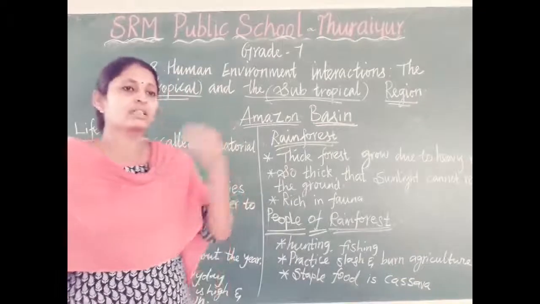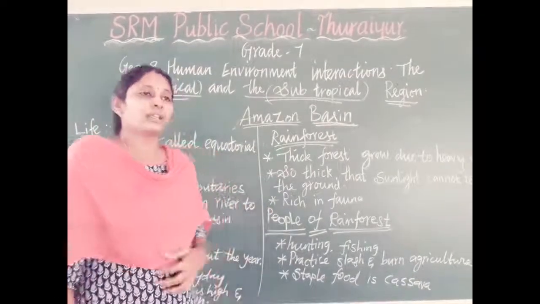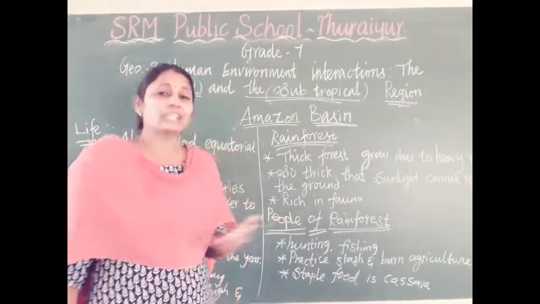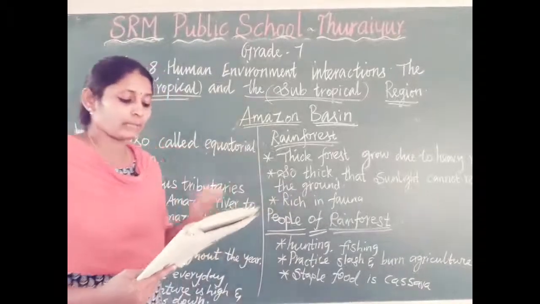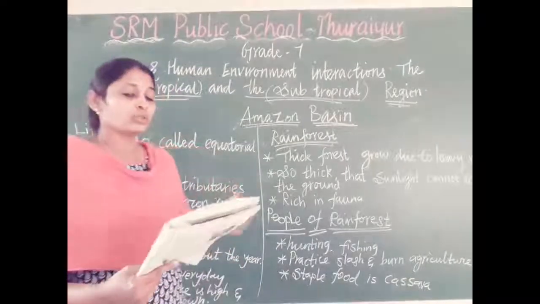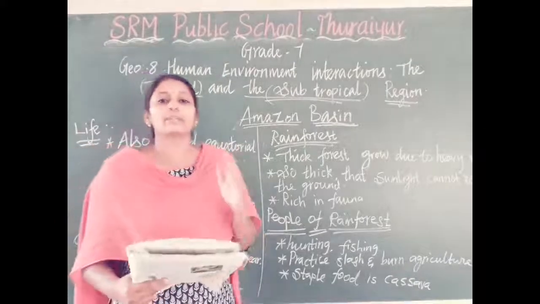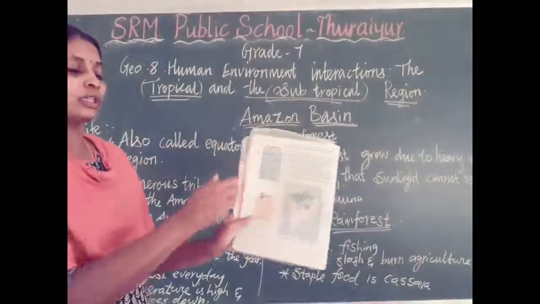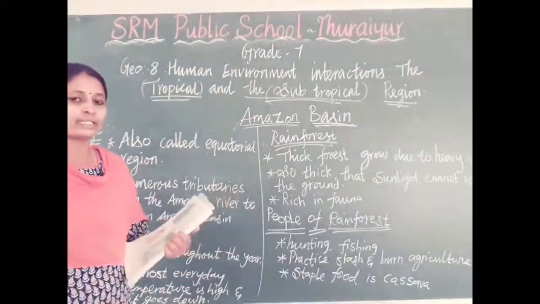When they saw the native people, the Spanish people got scared, then they remembered the Greek god, whose name was Amazon, in the Roman Empire. So that is why the Spanish travelers gave the name Amazon to that land. In your book, in that box, they explain how it gets its name.